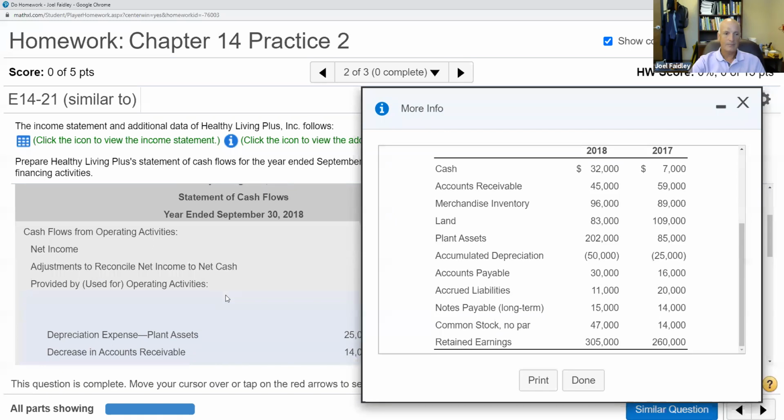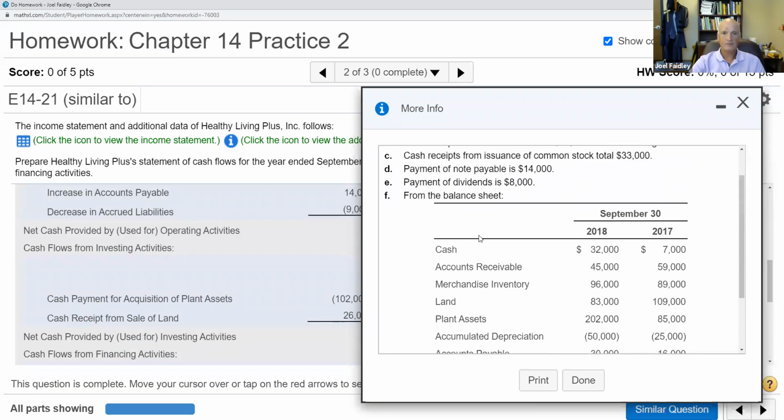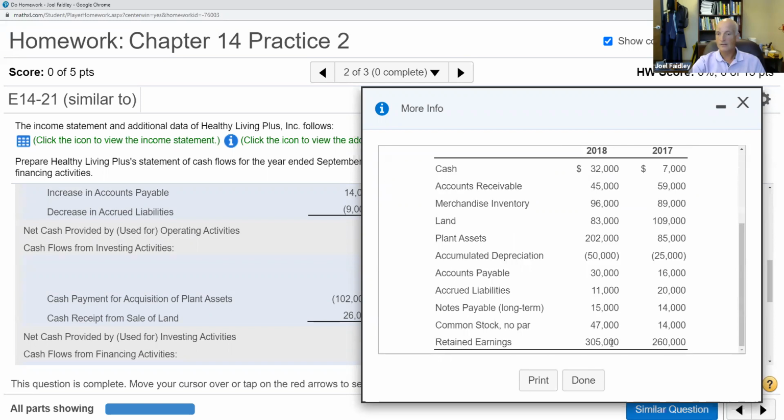313,000. And it said I paid out dividends of how much? 8,000. So that says my retained earnings should be 305,000. There it is. So you can reconcile everything on here,